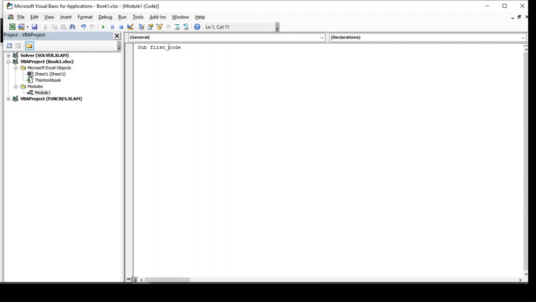You can write first underscore code, then open and close brackets. This is basically the basic format. If you press Enter, End Sub will automatically appear here. So we have to write the code between Sub and End Sub.